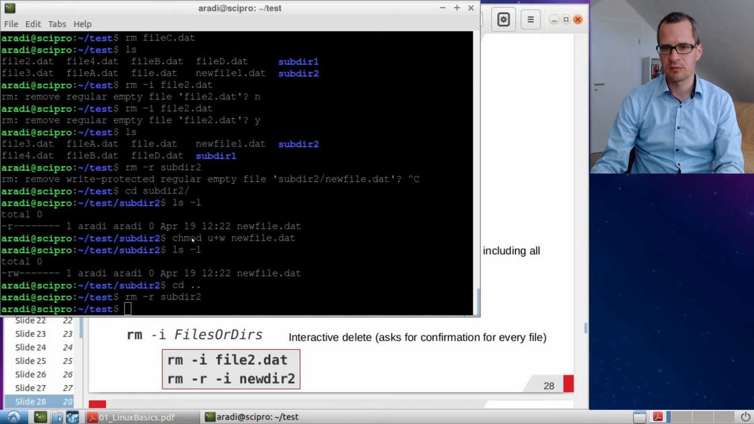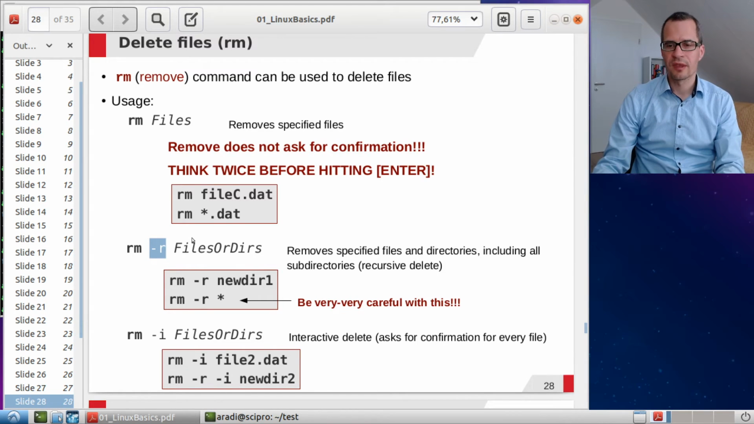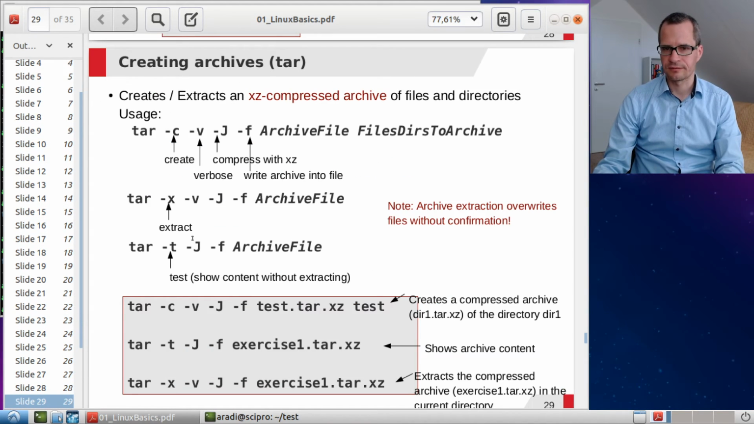So please, please, please, if you use rm, think twice before hitting enter. Okay. The basically kind of last thing as a command we have to handle is creating archives, and the reason